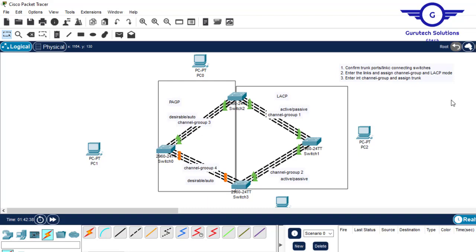It's very simple. What you have to know is just to identify the interfaces that are connecting between switches, and then you assign a channel group to them. After assigning a channel group to them, you have to set the mode, and after setting the mode, you assign the trunk mode to the port channel group. So for example, if I go to this switch that has fully formed EtherChannel,